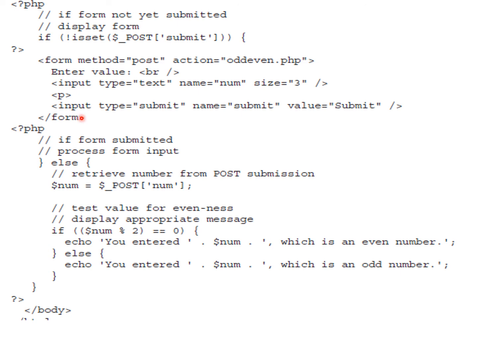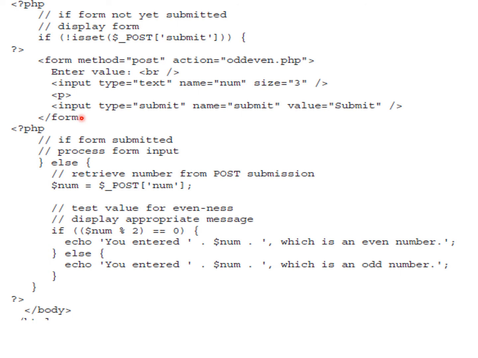At the initial loading of this web page, no submit button is clicked. If the submit button is not clicked, the post method of submit won't work, so isset produces a false value.